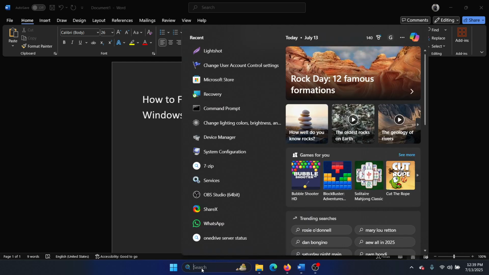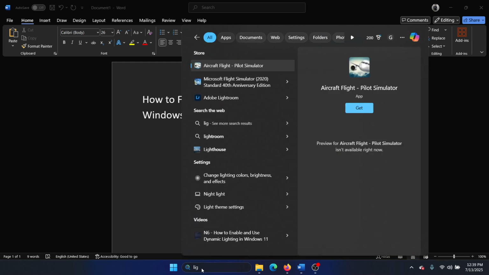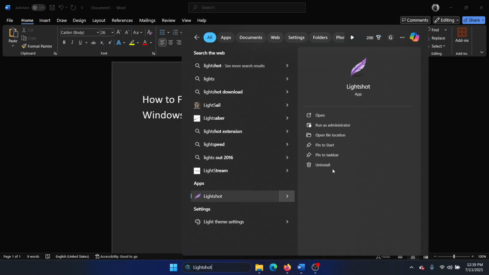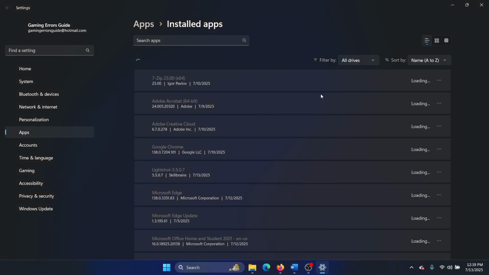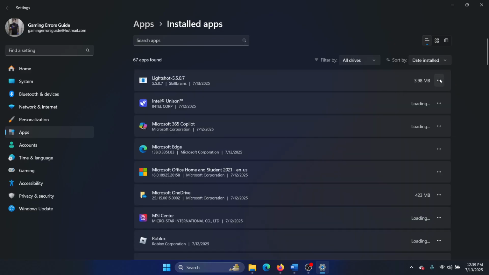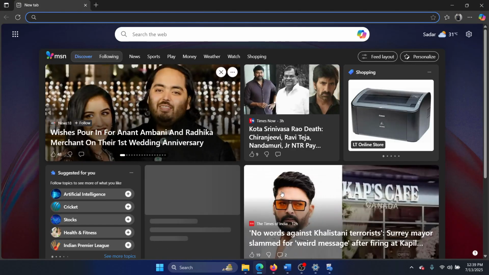So the best that you can do if Lightshot is not working is to search for Lightshot and then uninstall it. Okay, I'll arrange it by date installed and then I will uninstall Lightshot. Okay, and then I will